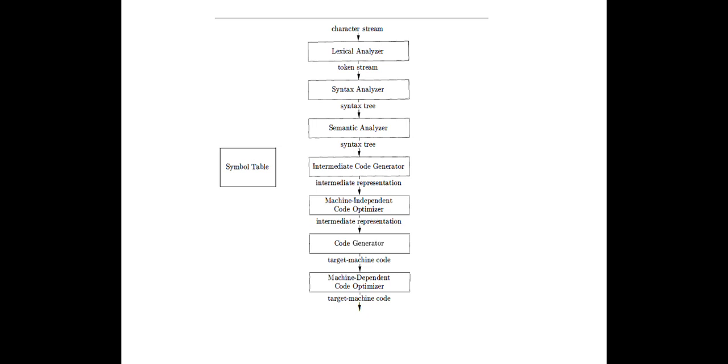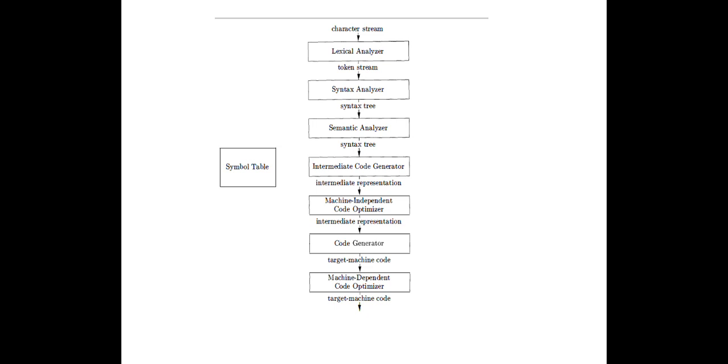So the objective of the structure of compiler is that we take a source program, and that is passed through the various phases that we have in the structure of compiler, and finally that gets converted to a target program or object program, where this object program gets executed in your computer. The important things we have to concentrate on here are the 7 phases that we have. We have to concentrate on all those 7 phases.